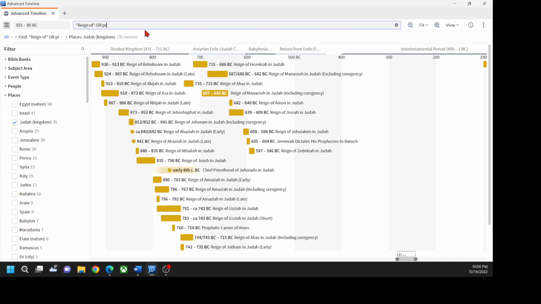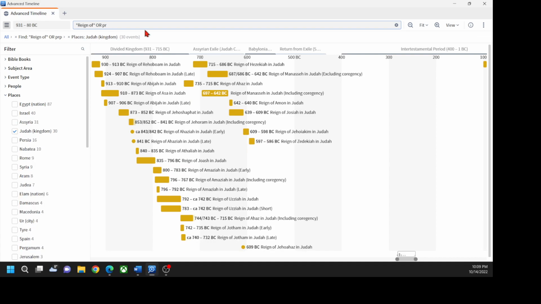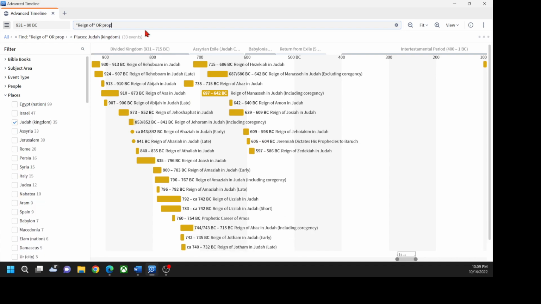Better spell it right. And we will get hits with anything that starts with proph. And so, prophetic career of Amos. So that's how the prophets are listed, prophetic career of. And so let's just, so we want reign of